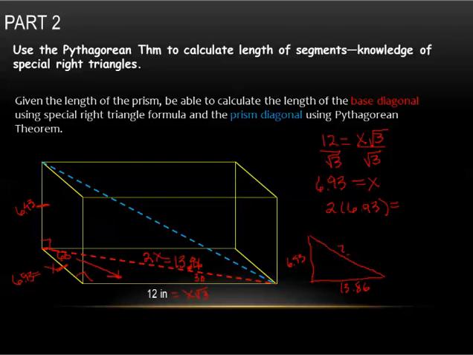Now I just use the Pythagorean theorem. 6.93 squared plus 13.86 squared equals c squared, so that's going to be